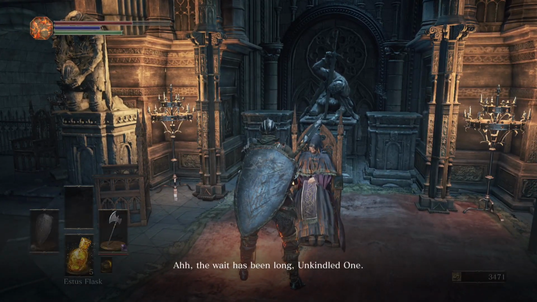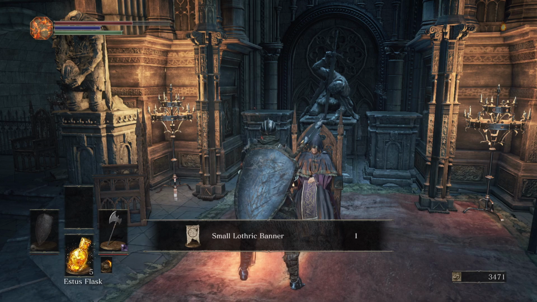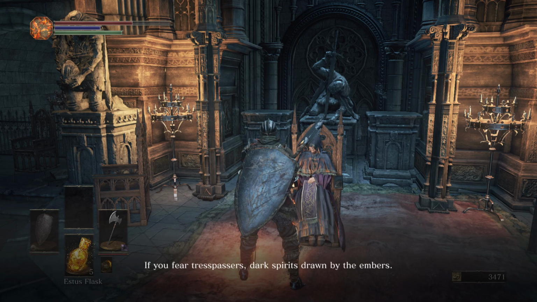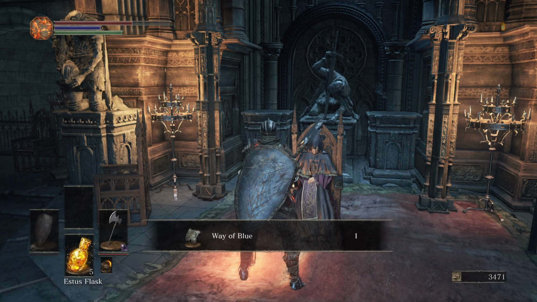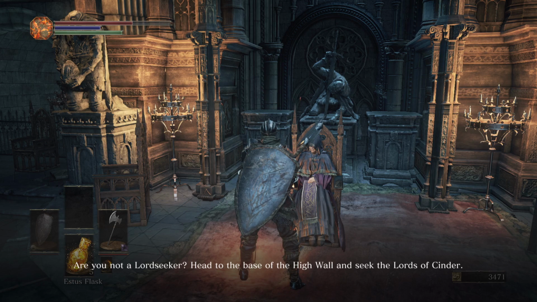Ah, the wait has been long, and I am Emma, High Priestess. Allow me to speak for you. They have left to their journeying homes. Head to the bottom of the forge. Okay, there's the banner. What is wrong? Are you not...